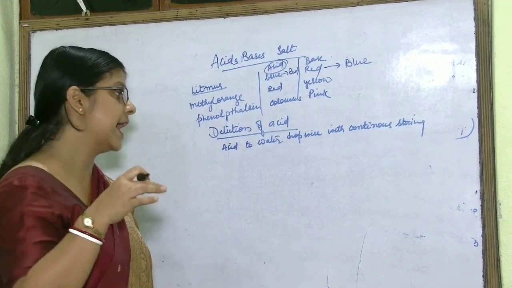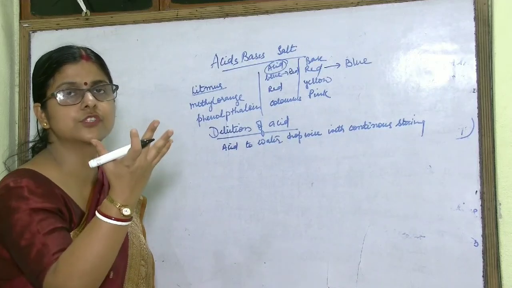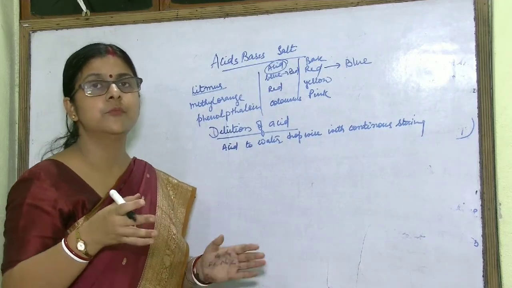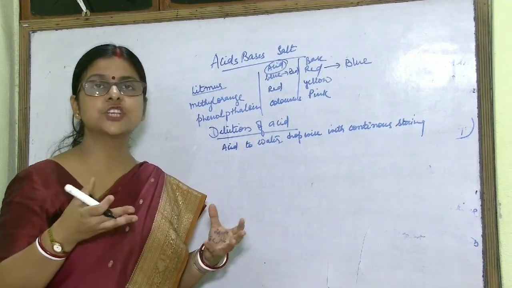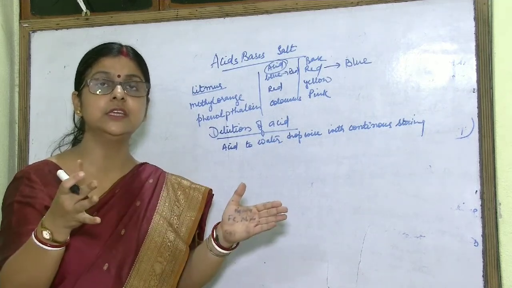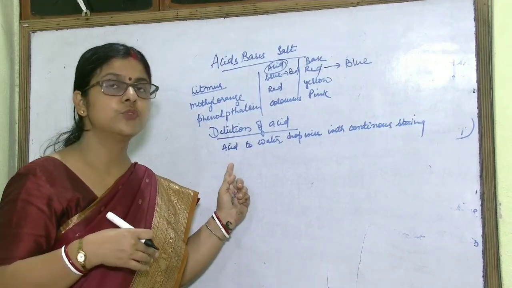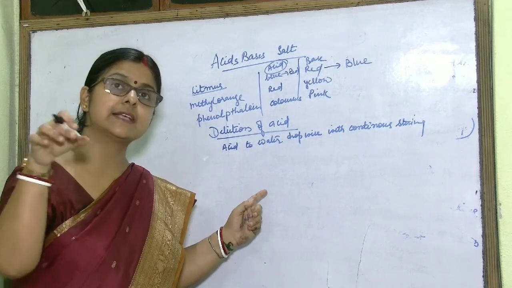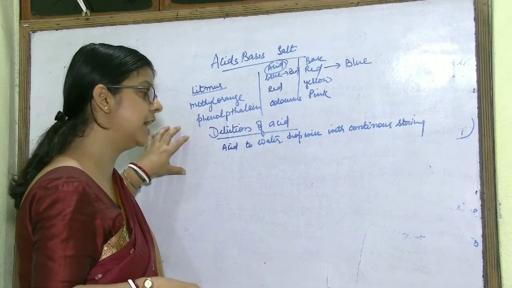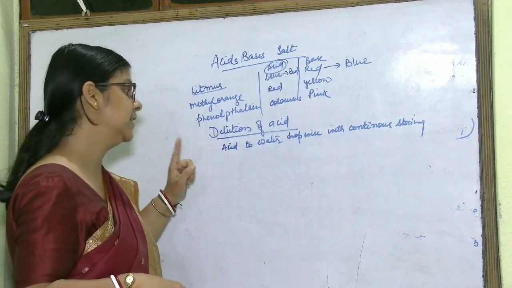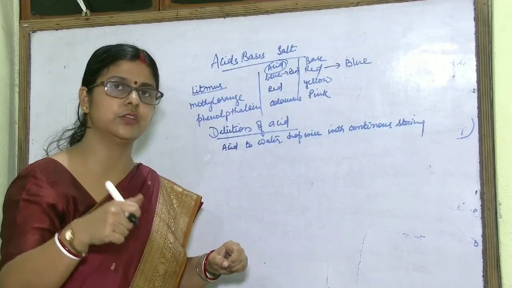If we add water to acid, then the acid will splash out and it may harm the person who is diluting. And the reaction is very violent, so it may crack the container in which you are diluting. So it is very unsafe to dilute by adding water to acid. So what is our rule to dilute the acid? Rule to dilute the acid is to add acid to water drop-wise by continuous stirring.